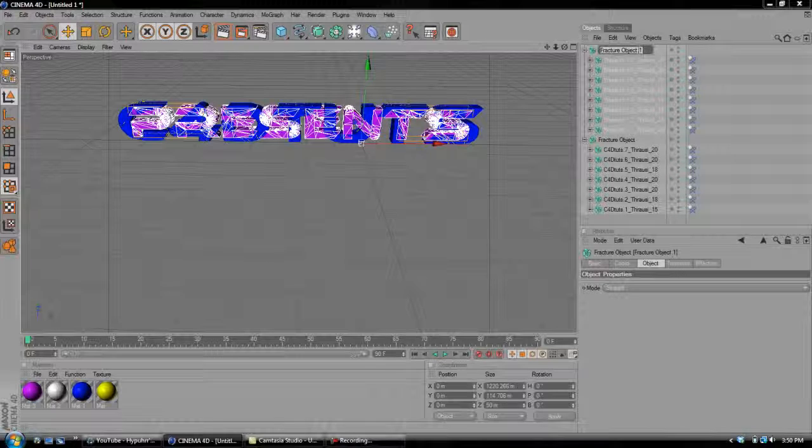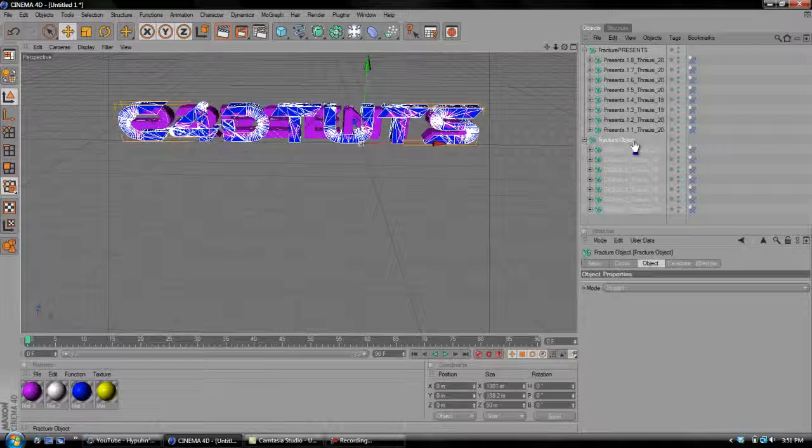And you can rename the fracture object Fracture Presents. Rename this one Fracture Cinema 4D Tuts. And now after you're done renaming them,